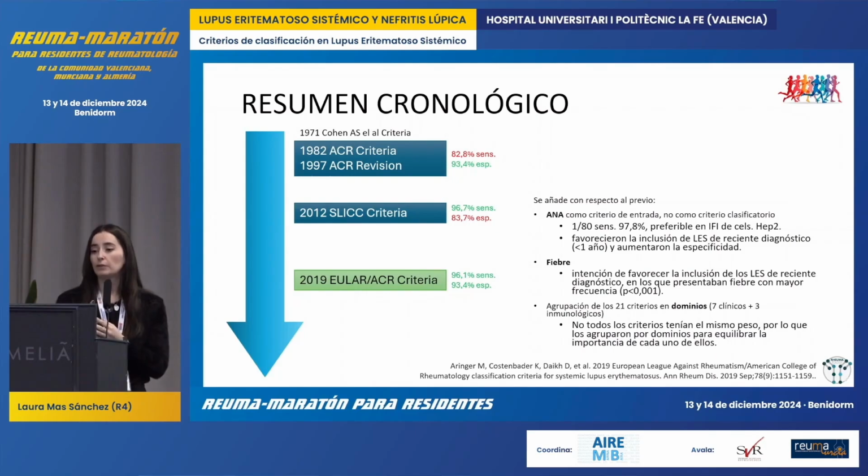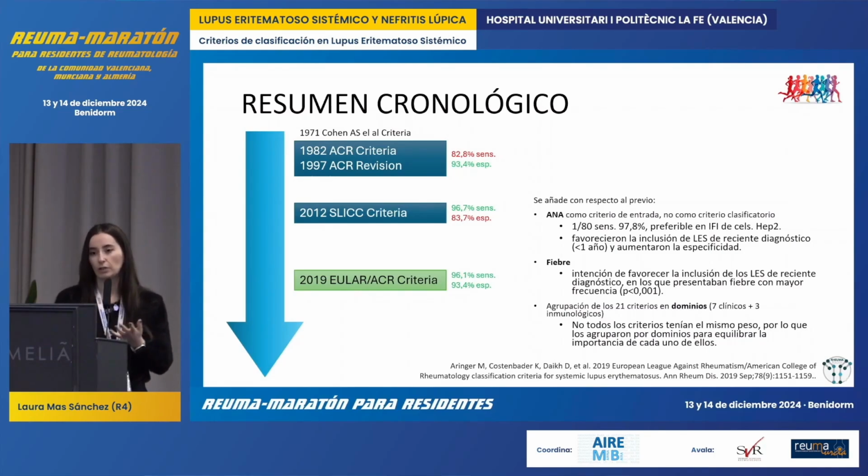First of all, ANA went from being just another criterion to becoming an entry criterion. ANA are very sensitive, but not very specific. They are not specific to lupus. And in the end, even at a titer of 80, it was found to have a sensitivity of nearly 98%. And in the end, they found it more advantageous for it to be an entry criterion, and it also supported the inclusion of these newly diagnosed patients. On the other hand, they wanted to study this subgroup of patients and compare the clinical presentation they show